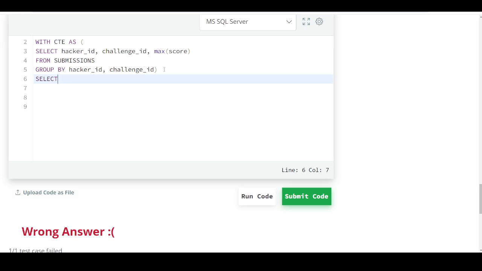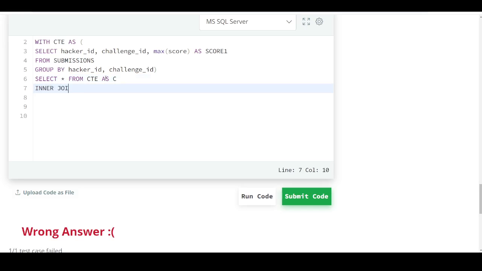Let me say select star from CTE, and let me give alias as, for now, let's say score 1. Select star from CTE as C, inner join hackers